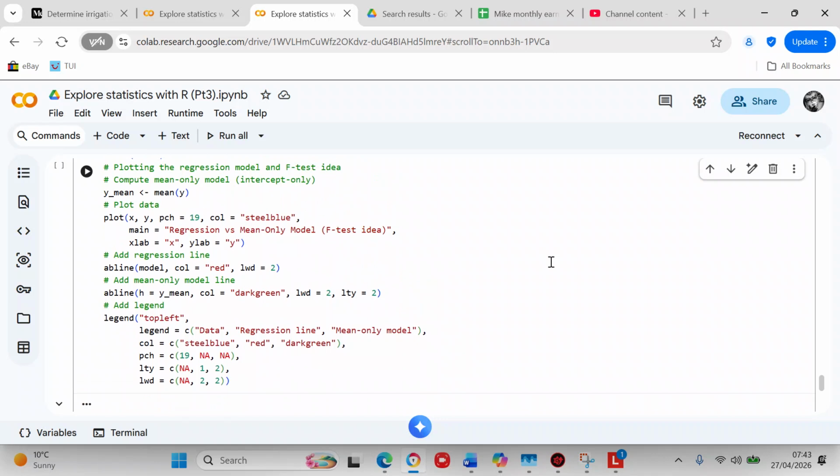We're going to add a regression line, abline(model, col = "red", lwd = 2). We're going to add a mean-only model line, so abline(h = ymean, that's h for horizontal, col = "darkgreen", lwd = 2, lty = 2, and I think that means it's a dashed line. We're going to add a legend. So legend("topleft",